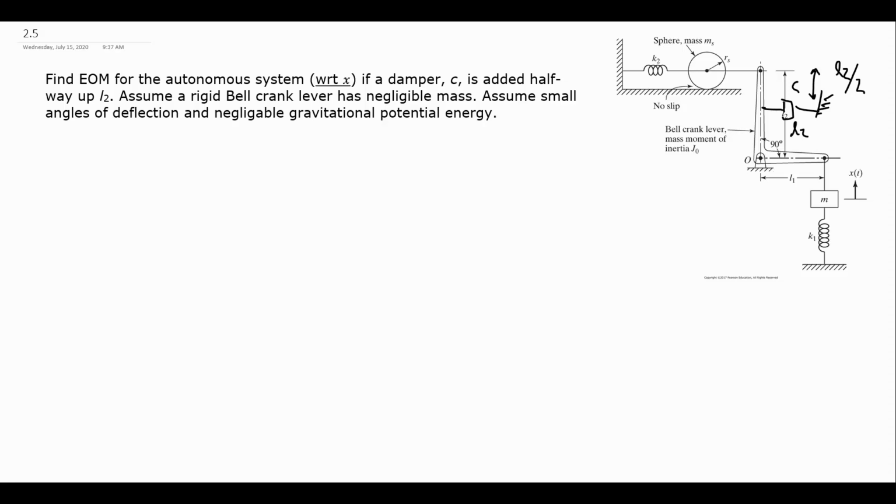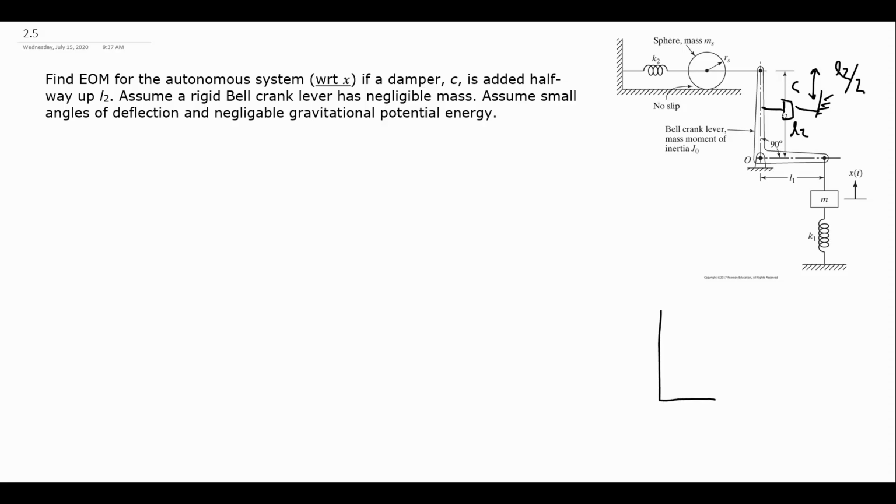All right, so to derive the equation of motion, we're going to use Lagrange's equations for this. We're going to need to find our V, our R, and our T for the system, and then do our partial differentiation to get the equation of motion in the end, that ODE that describes the motion of our system. And again, our targeted degree of freedom is going to be x, that in the end we want to express everything in terms of. So let me start sketching some diagrams here that we're going to be able to